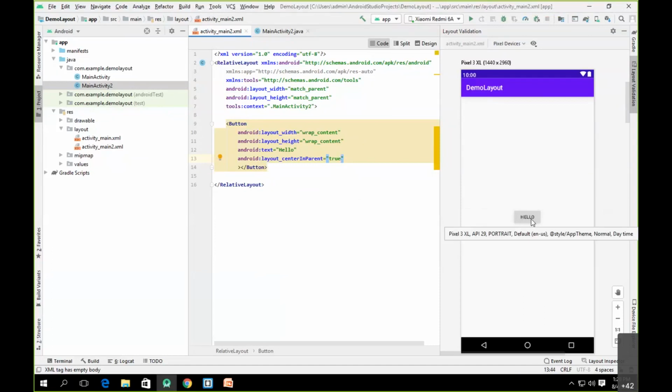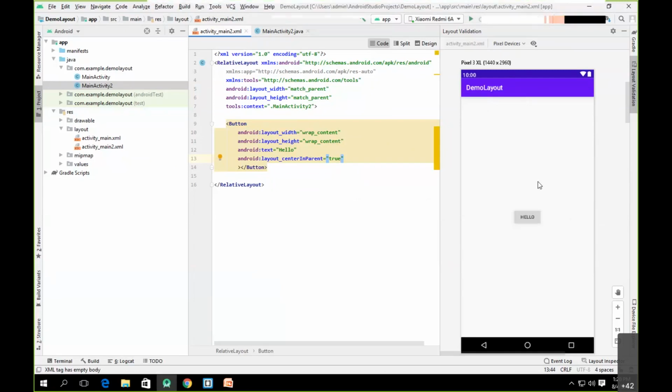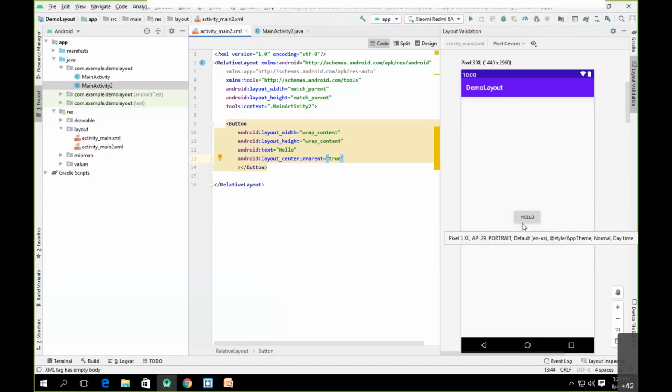This is what we call a relative position, and this relative position is with respect to the parent. So when I use center in parent, it is horizontally centered as well as vertically centered inside the parent. This is what we call a relative position with respect to the parent.